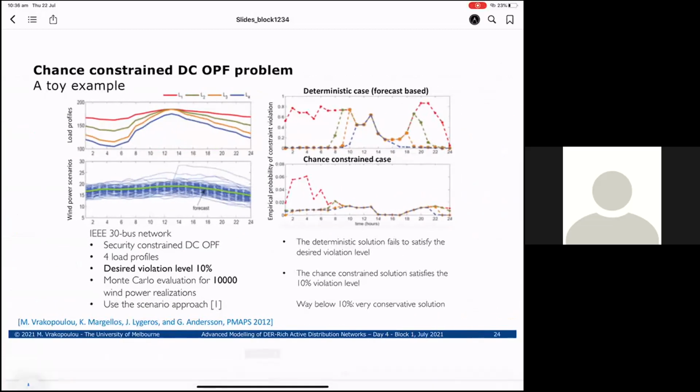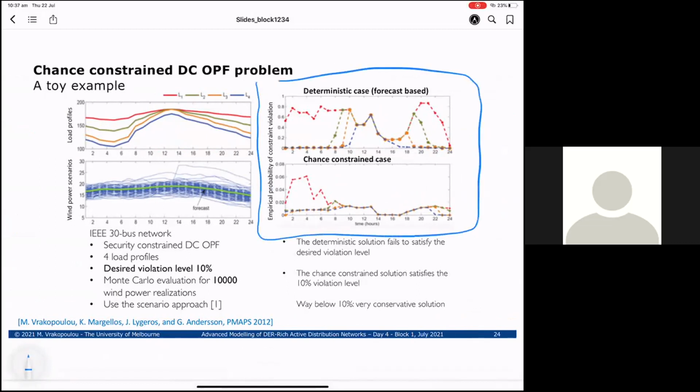Here are a few plots for a toy example of a 30 bus network. It is based on the formulation I showed before. And let's focus on this part here: on the y-axis, you can see the probability of violation of the constraints, but you can see the